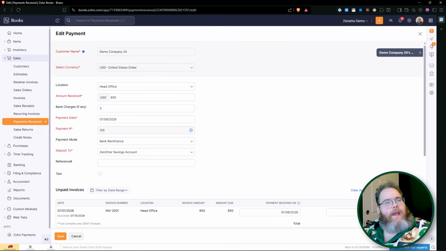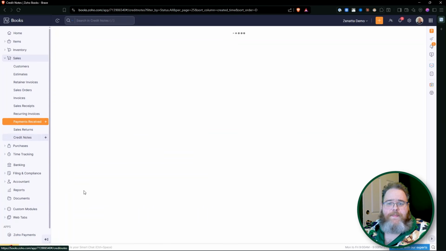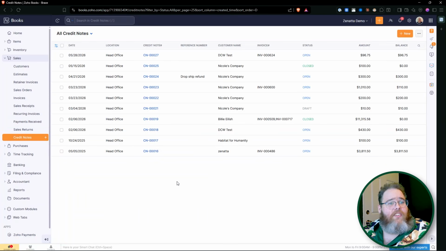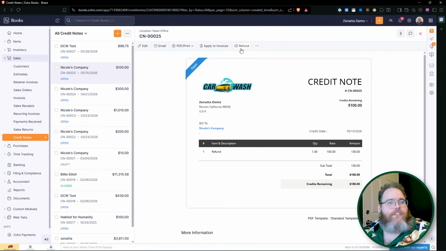If a customer overpays, that excess amount automatically becomes a customer credit. It doesn't just vanish or sit oddly on the invoice. And that brings us to credit notes. Credit notes handle returns, overpayments, and adjustments, and they can be matched to refunds when you need to send money back to a customer. To apply a refund against a credit note, you'll go into the credit note and use